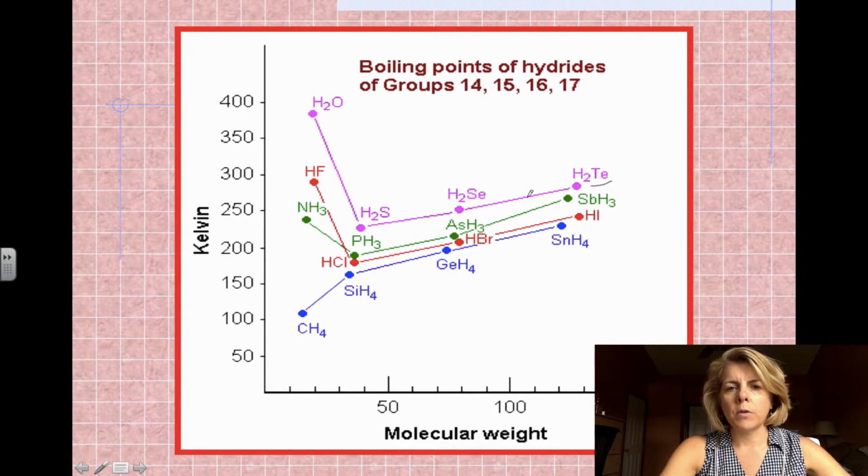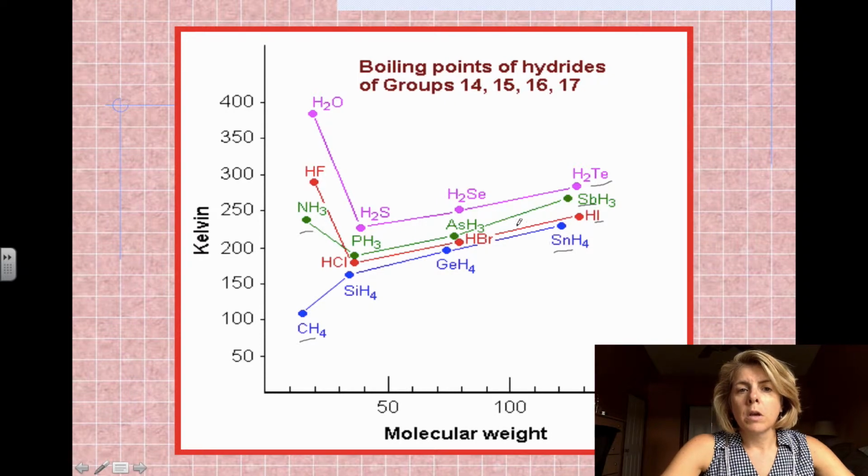You're going down a group, you end up with HI. So fluorine is at the top of the group, iodine is at the bottom. Here we have NH3, that's at the top of the group, and then antimony is at the bottom. And then lastly, we have carbon at the top, and then we have tin at the bottom. So notice that these three